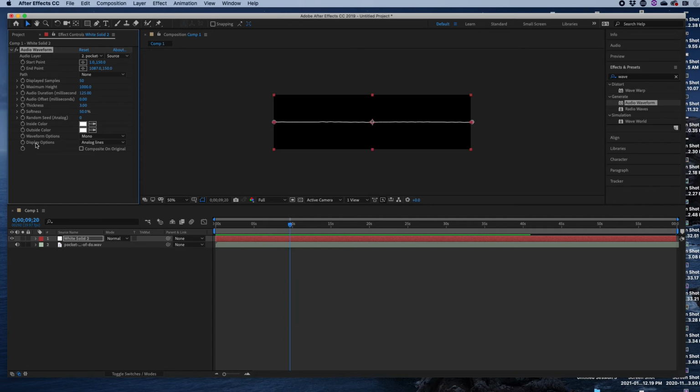And if you press the space bar to play, you can see there as the audio plays, we get a nice waveform. I prefer the digital option though. So next to display options, click the box and change analog lines to digital. And if we press the spacebar to preview,